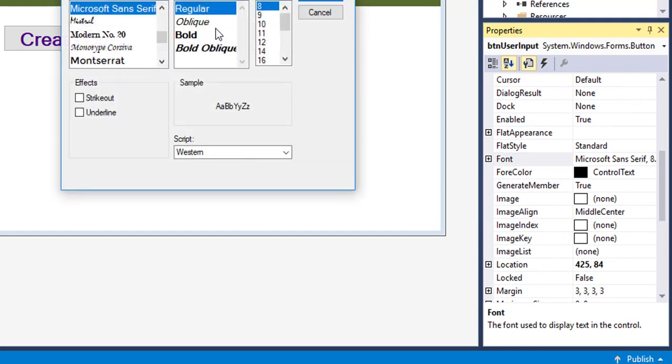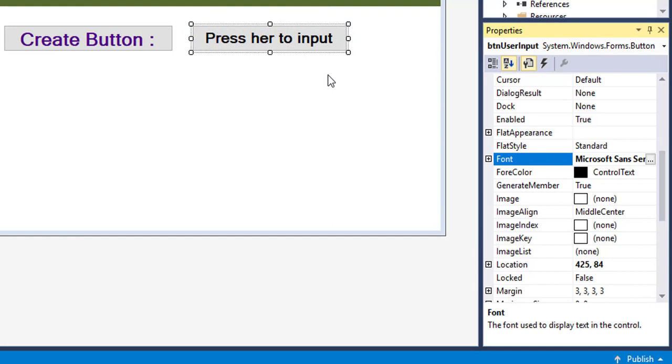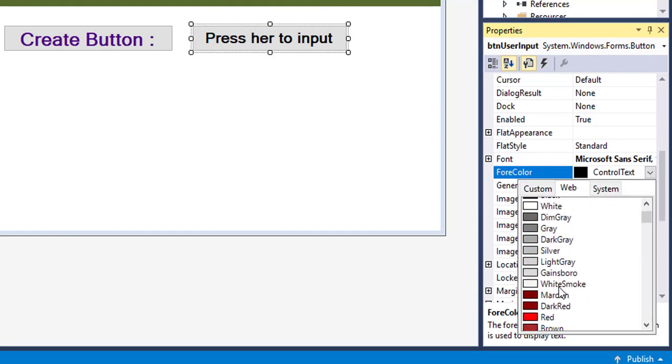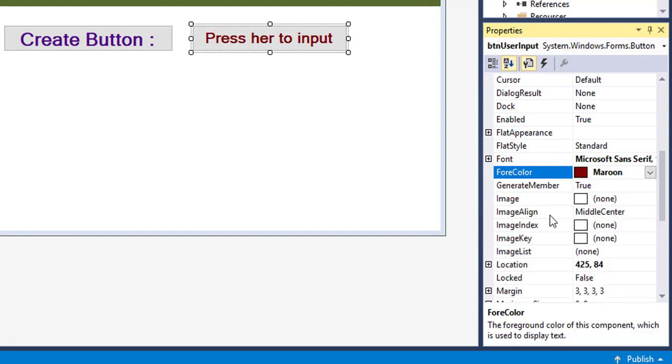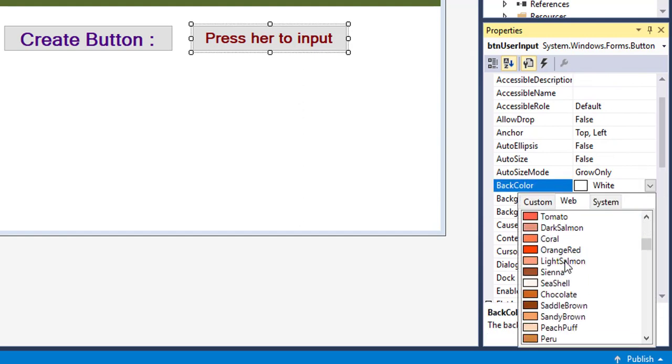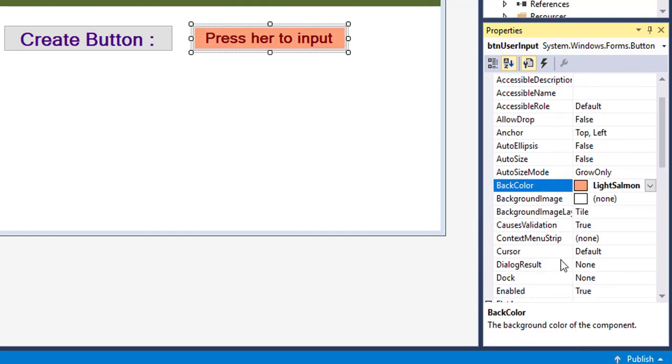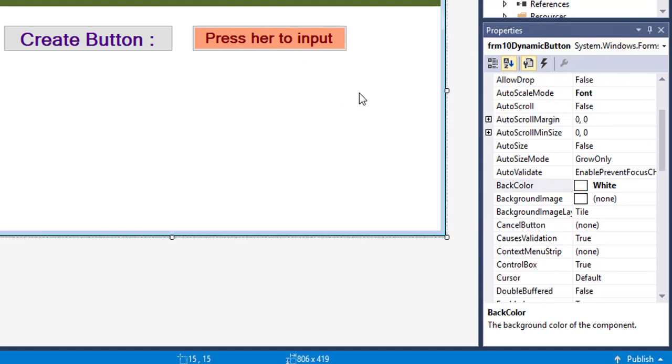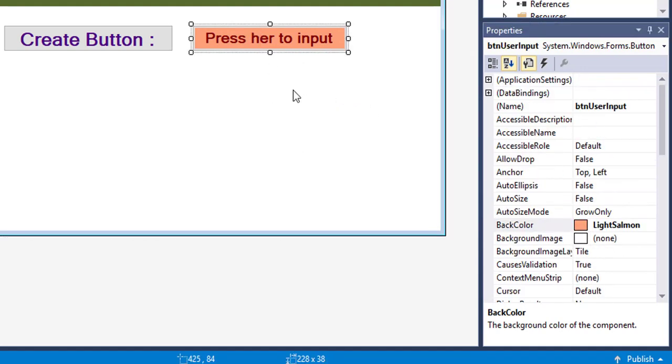Font bold. Background color. We can design it in our own choice with a lot of changeable properties.